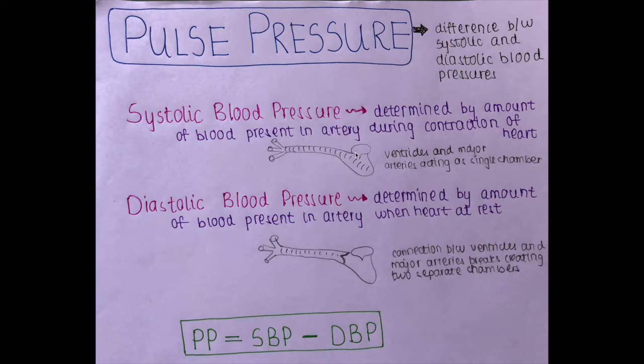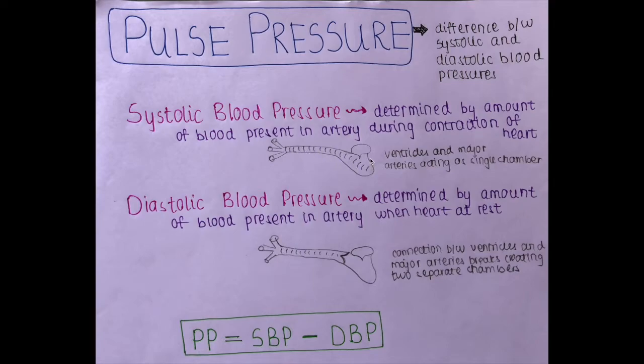When the ventricles are undergoing systole, that is contraction, blood is passing from the ventricles to the aorta, and the valves present here are open. So ventricles and the aorta act as a single chamber. So pressure here throughout will be the same. Now systolic blood pressure is determined by the amount of blood present here in the major artery when the heart